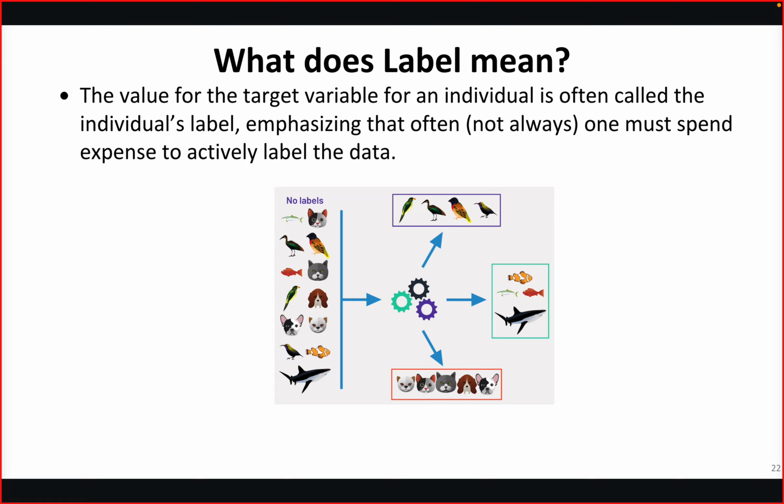And what else? We see a picture here, right? Different animals: you see fish, cats, birds. No labels. Then we go through a process or model. Then we try to